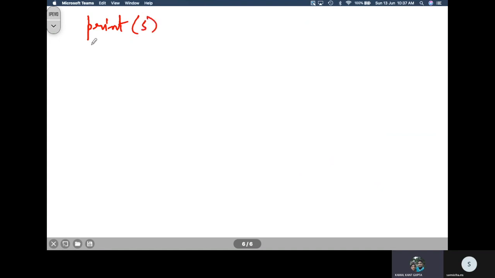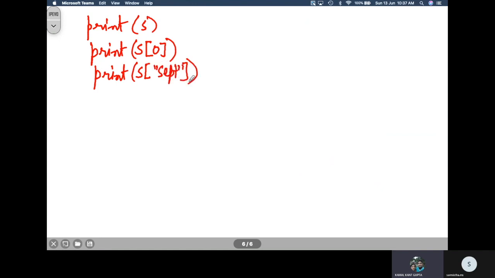What will be the output? And then I am writing here s at 0. What if I am writing here print s at September? Can you tell what will be the output?